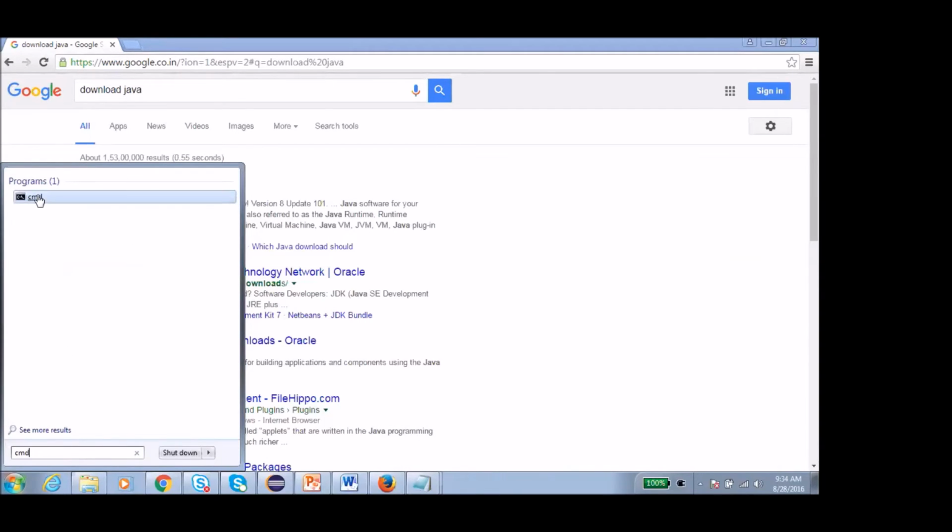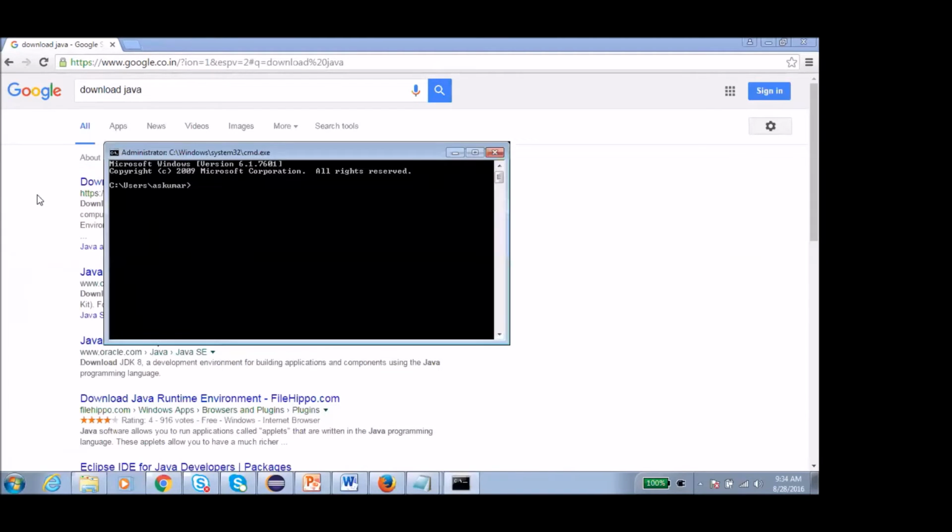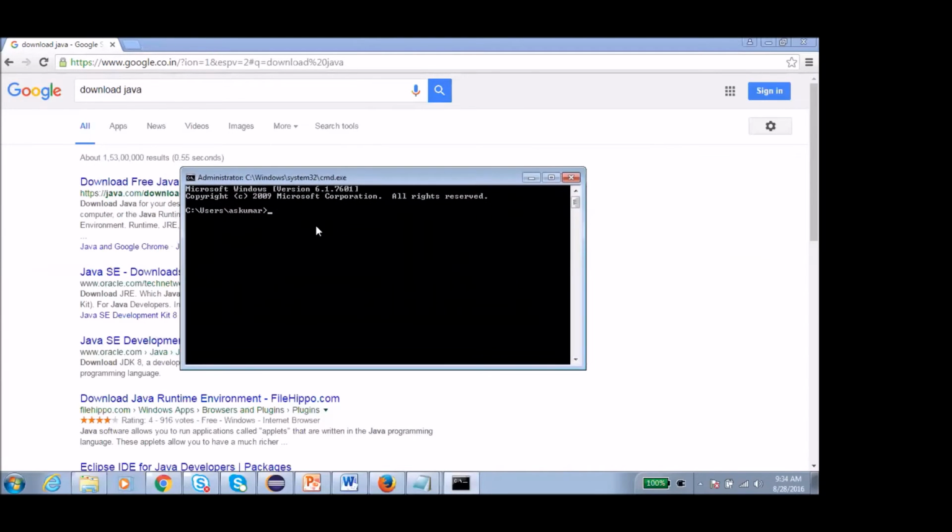Either you press enter or click on CMD. It will open this window. Now if you want to check whether Java is there in your machine or not, you can do this parallelly with me. Just write java over here and press enter.